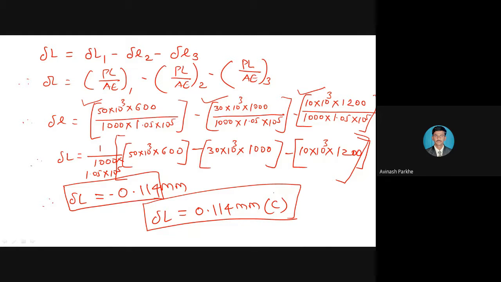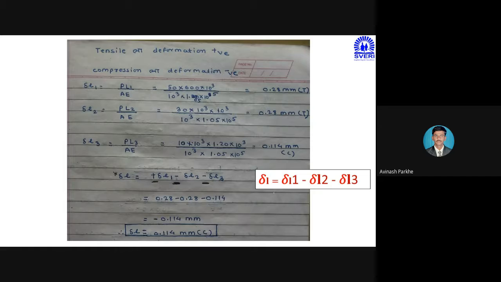So I will give one numerical to you for your solution. A similar numerical is there, only the loads are different. Now you do the calculation immediately. First of all, you have to resolve the forces and tell me the P1, P2, P3 values in the chat box. Then I will check whether your answers are correct or not. So this is the detailed calculation of the problem we have solved.